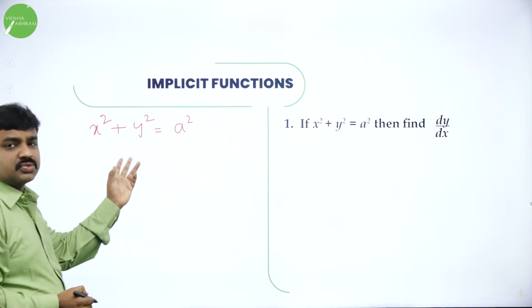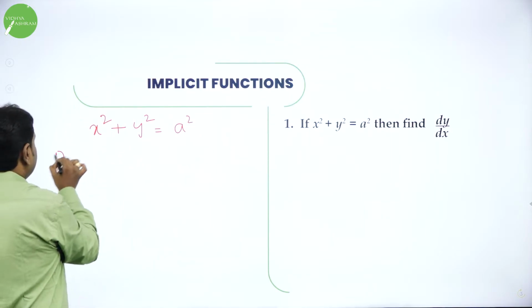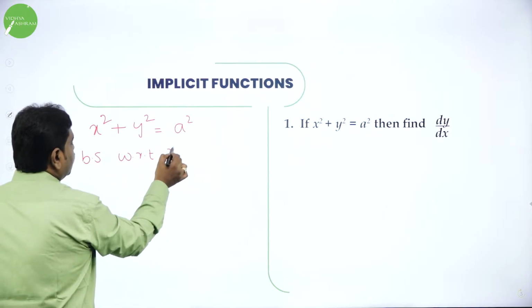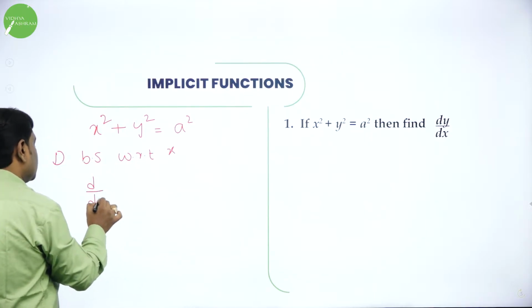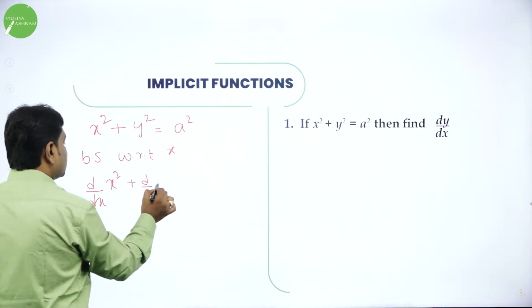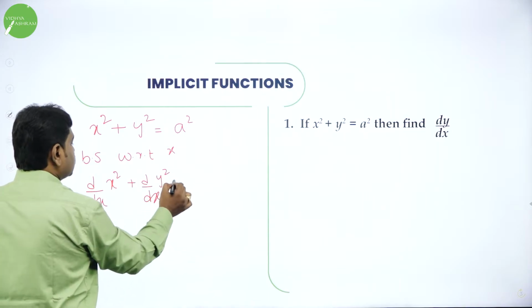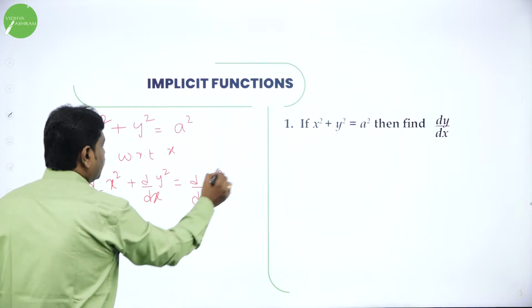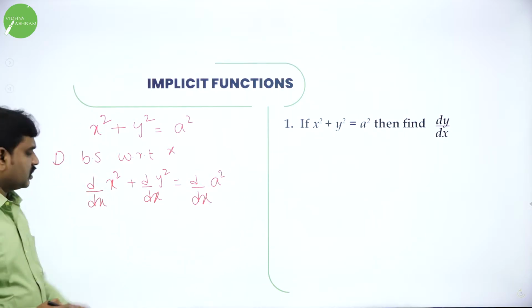So now differentiate this both sides with respect to what? x. If you do that, LHS: d by dx of the first term x square, in between we have plus, d by dx of y square, is equal to d by dx of a square. Now d by dx of x square, what is the derivative of x square? All of you know,